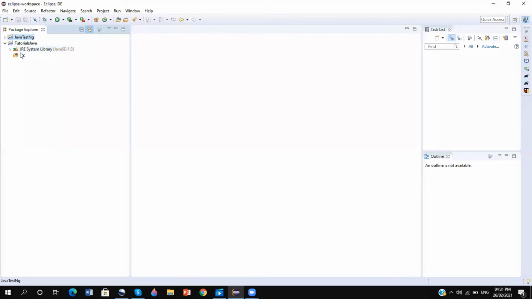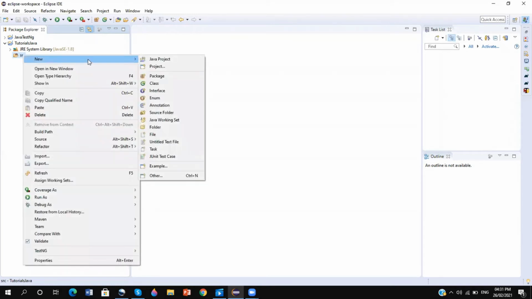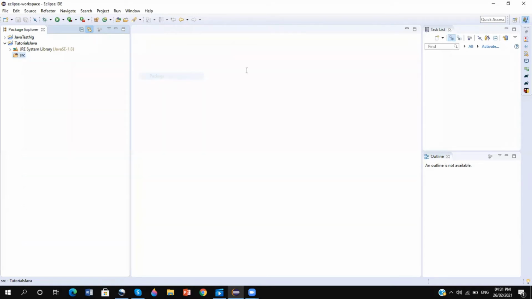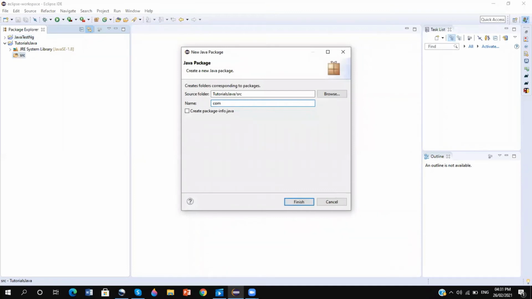And this is the src. Every Java code we need to create goes under the src folder. Eclipse will automatically compile the code which we add in the src folder. So this is the source folder. Let me first create a package. What is a package? A package is just a collection of similar types of Java classes. Like I'm going to create one com.test.